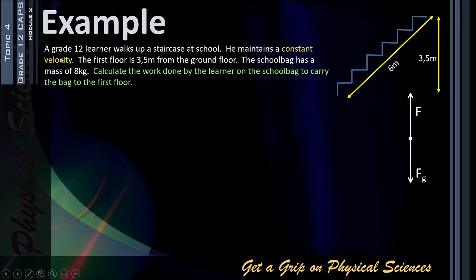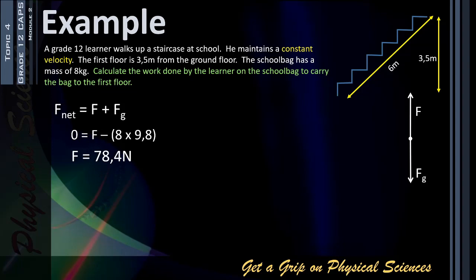So for a constant velocity, we already know that the net force acting on the school bag must be equal to 0. We can calculate the weight of the school bag because it's 8 kilograms times 9.8. And we know that the weight or gravity is downwards, therefore the force applied by the learner must be equal to 78.4 Newton. So the work done by the learner on the school bag will be the applied force by